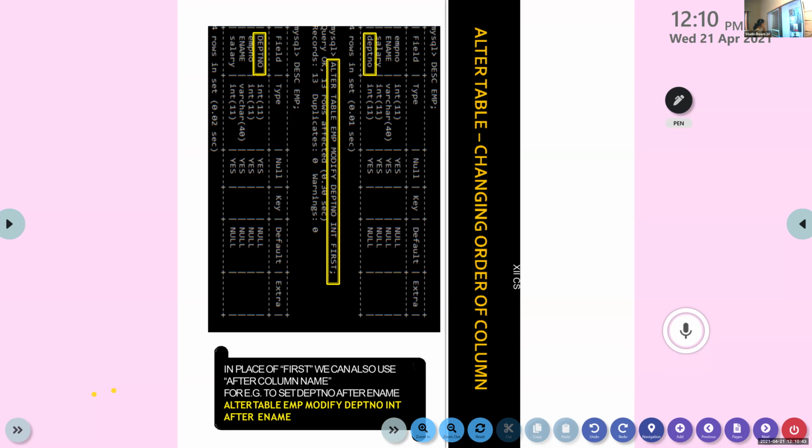Alter table EMP modify deptno int after ename.